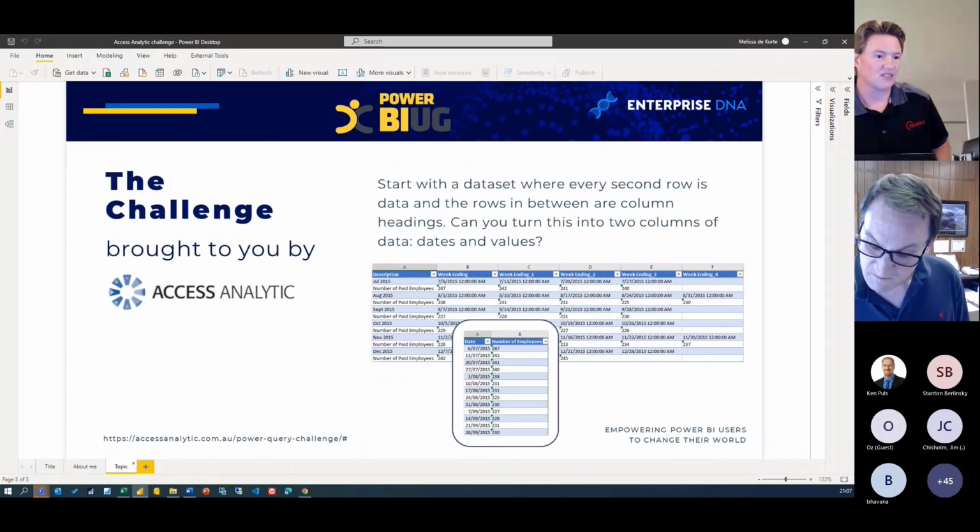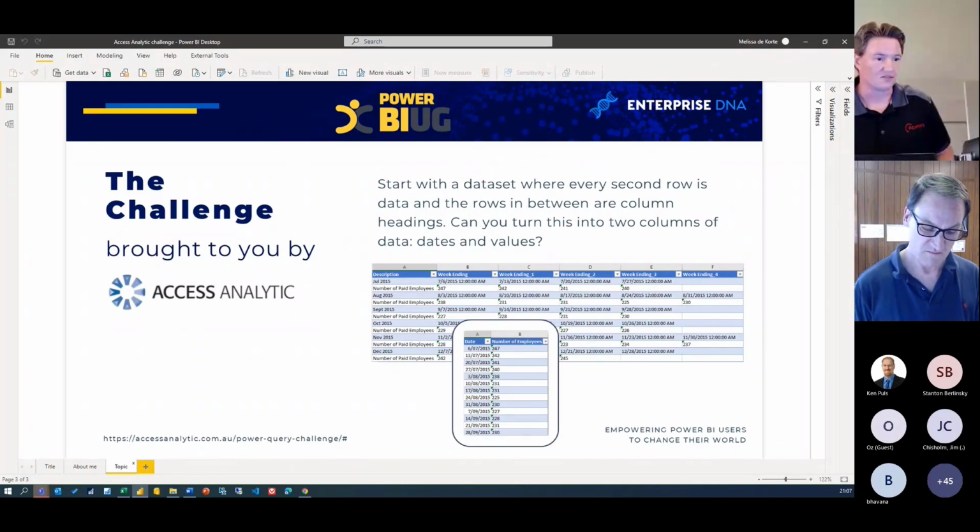So this is what we'll be covering today. This is our scenario. We'll be transforming pivoted data into a tabular format. It's a very common requirement, and the sample was provided by Access Analytic. If you're not familiar, please check them out. There's a link that you can see at the bottom of this page.